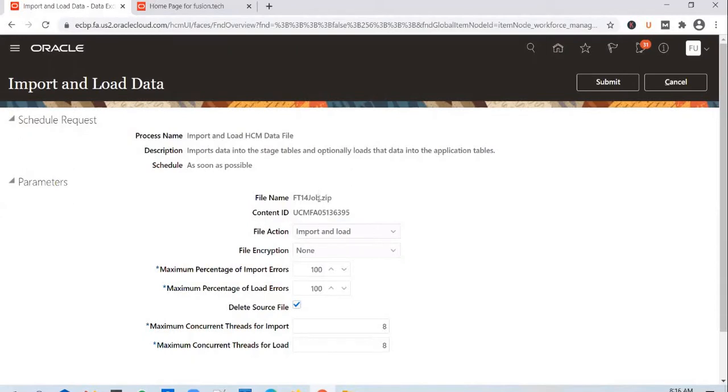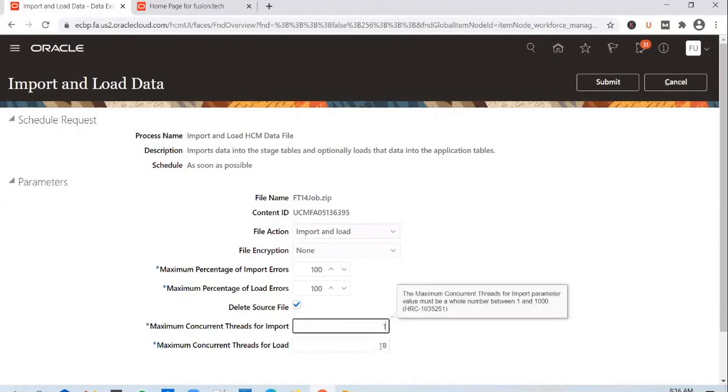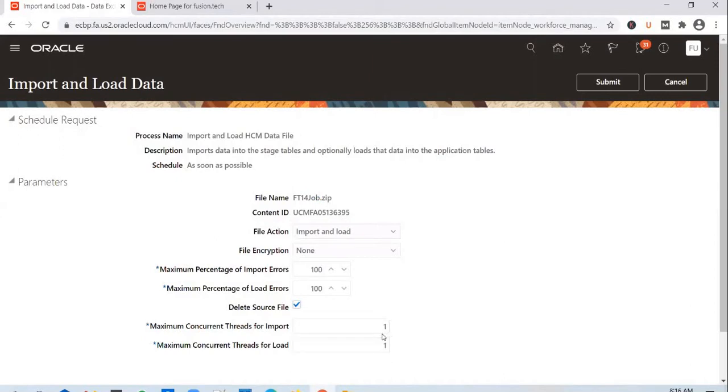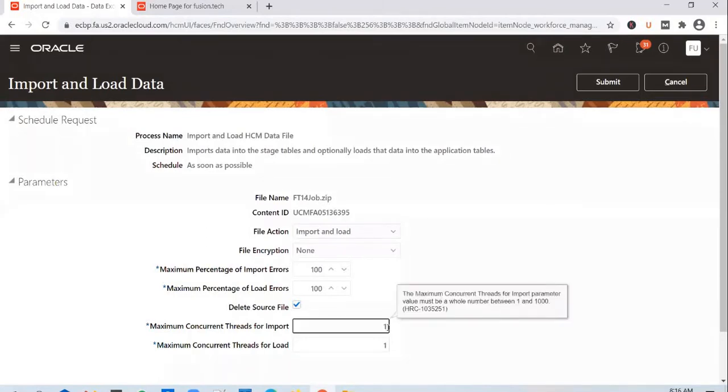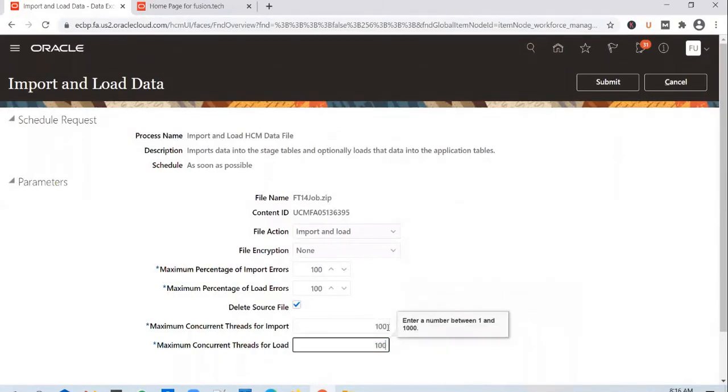If you go with one as the maximum concurrent threads here, then only one worker will be triggered, and that worker alone will process all 10,000 records. But if you increase the number of threads to 100 here, what will happen? 100 threads will be spawned, and each thread will process 100 records each.